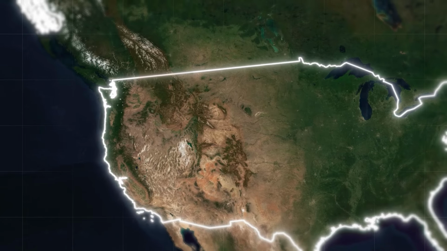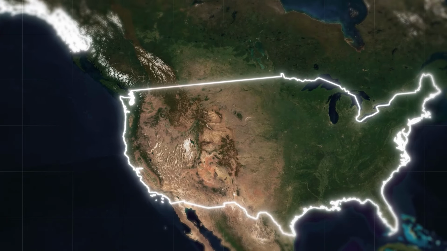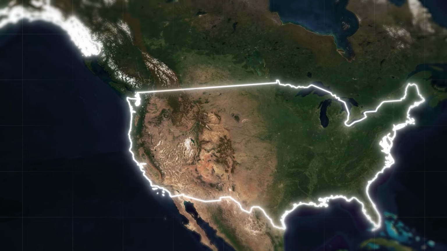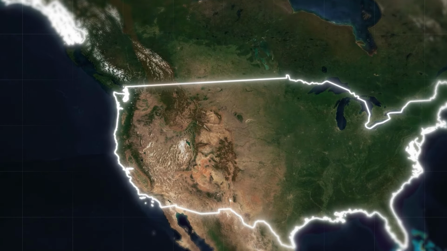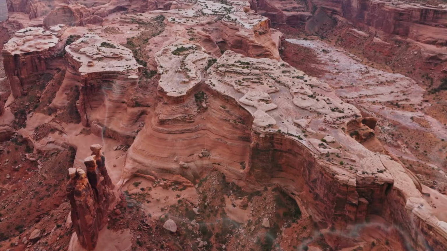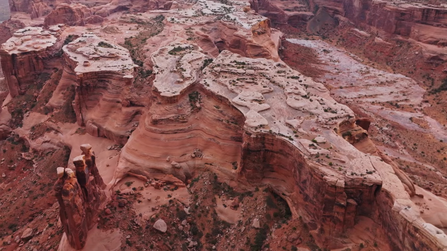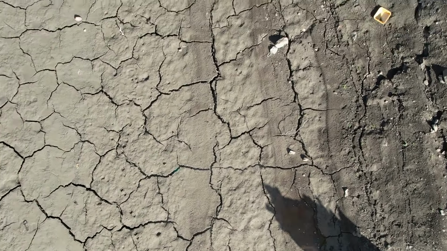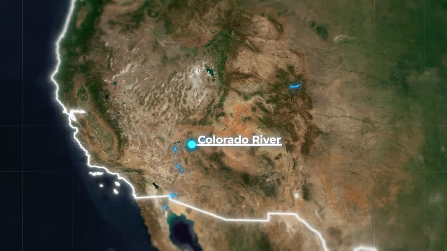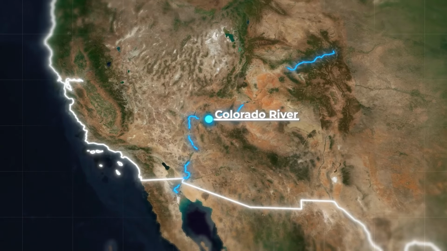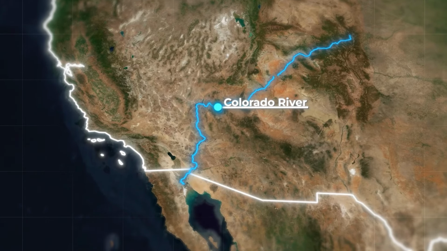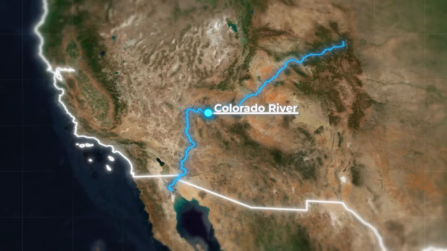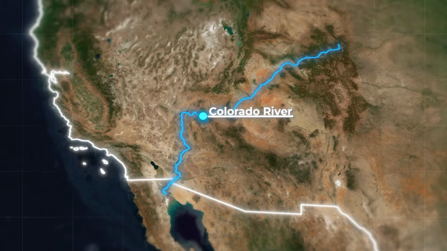But the problems don't end with the wild temperature fluctuations or lack of rainfall. Droughts are also contributing to the already widening problem. The western part of the United States is currently experiencing what is perhaps the worst drought the area has had in thousands of years. For almost a century, the Colorado River has supplied fresh water to a large portion of the American Southwest. Nevertheless, this year marks the first time in history that the Colorado River is drying up.